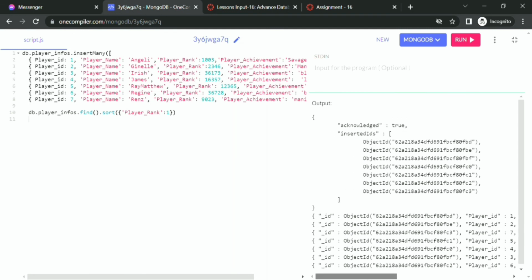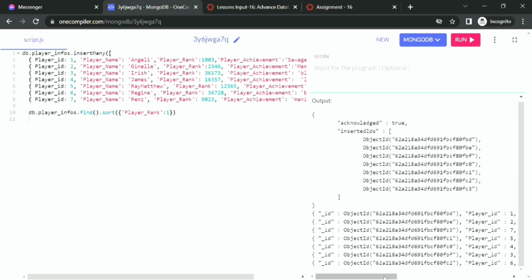So as you can see, the player ranks are in ascending order. It is increasing